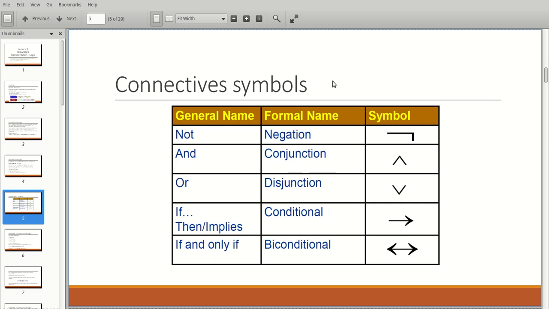The connective symbols used in propositional logic. There are 5 here. The first one is not. This is to represent negation, and this is the symbol used for not. And you have and to represent